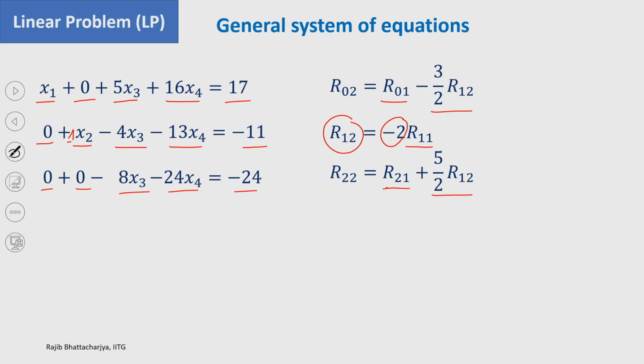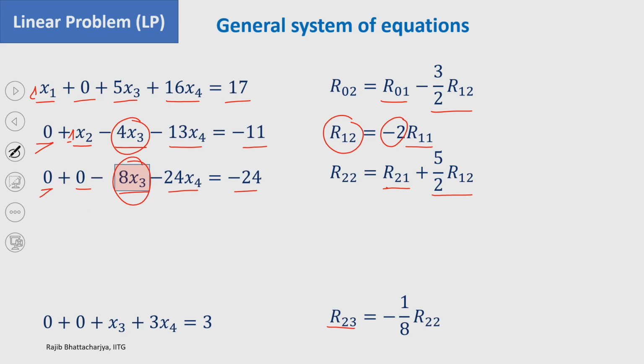Okay. Now with this, what have I done? The coefficient of x 1 in equation number 1 is 1, and for the others it is 0. Similarly, the coefficient of x 2 in equation 2 is 1, and for the other equations it is 0. Now, let us consider x 3 here in the third equation. I would like to make the coefficient of x 3 in the third equation as 1. So, what will I do? I will divide this equation by minus 8. Okay. So, if I do that, R 2 3 equal to